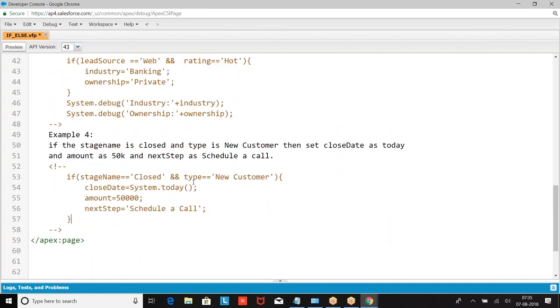System dot today's date. Okay, thanks. Right, boss? I hope I'm good with this.